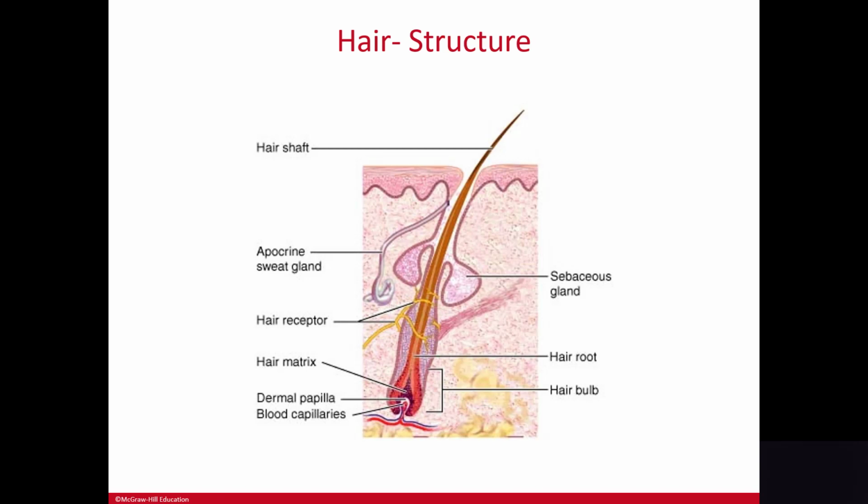another accessory skin organ. Hair originates from the epidermal cells of a hair follicle. Hair follicles are embedded deep within that dermis. Remember, the dermis is that living layer of the skin. As the cells grow and divide, they push the older cells upward and away from the source of nutrition and blood supply in the dermis. And as they move